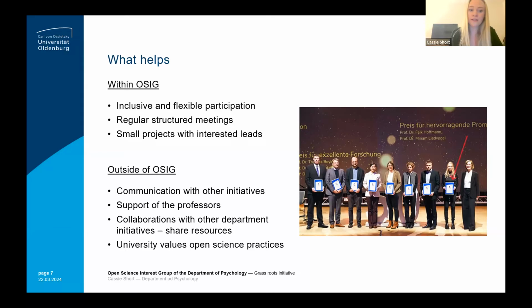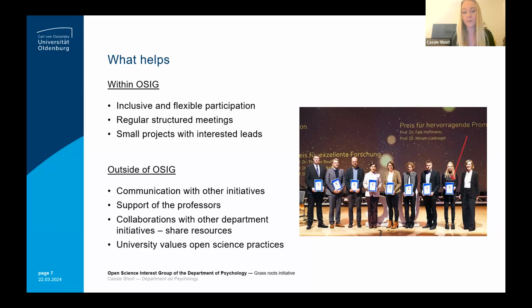And we also keep this to small projects with interested leads. So each project will have maybe 2 or 3 people working on it, such as the data sharing consent form for brain data. And we have people working on this who are genuinely interested in wanting to share the data. So the projects tend to be fulfilled because it's self-selecting to the project, so the people working on it are genuinely people who are passionate about that specific area.